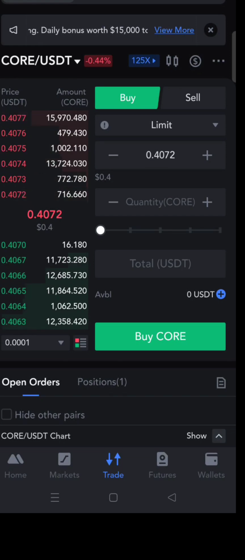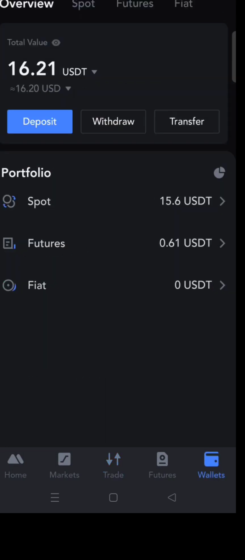Then to make it faster, just click 100%, then buy Core. If you already bought Core,